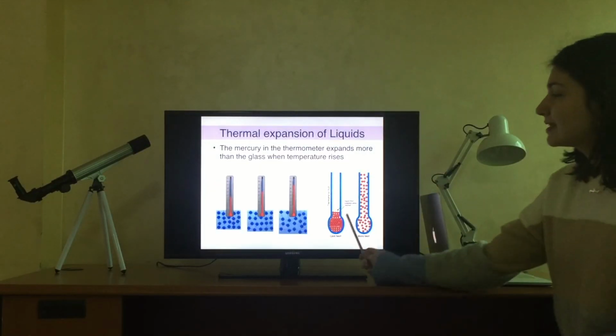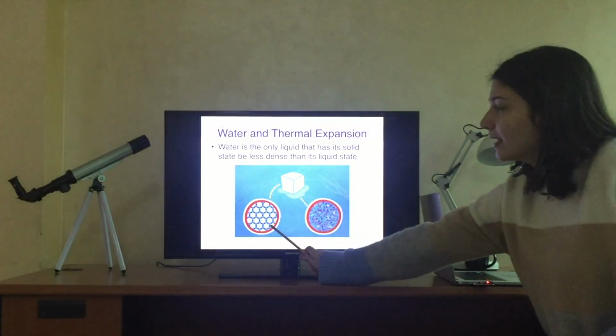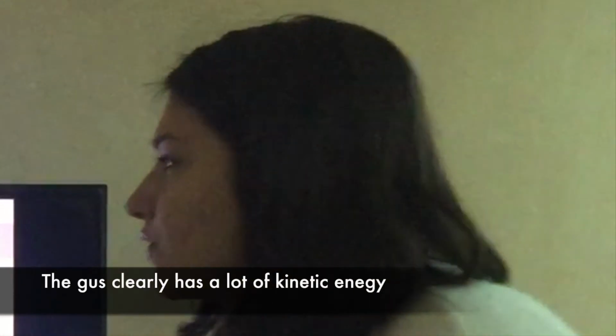But basically you have the same number of atoms, whereas when they form into a liquid, the kinetic energy of the gas particles will